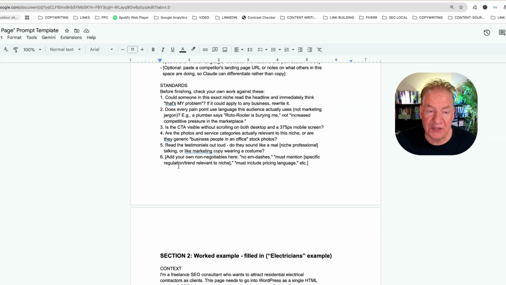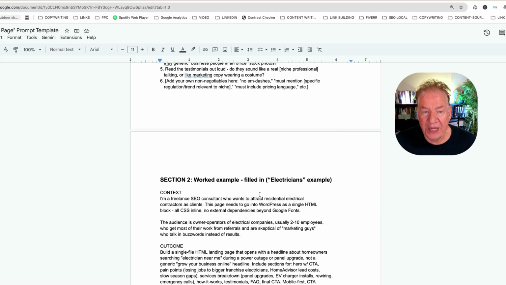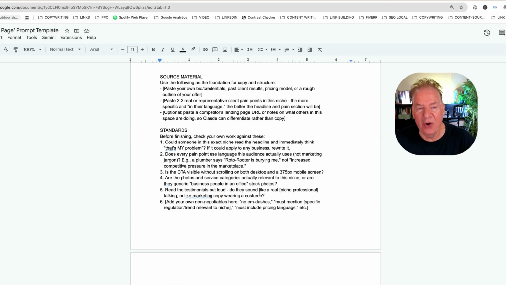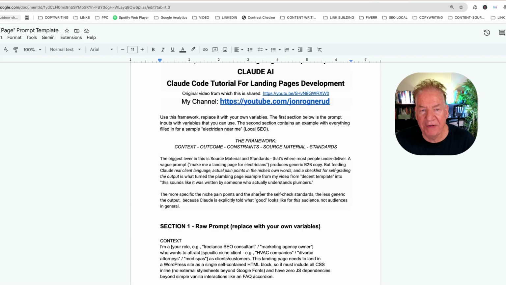Must mention specific regulation, trend relevant to the niche, must include pricing language, etc. That's an optional one. Some will include pricing language, others will not. Depends on the industry here. Okay, so that basically calls out the framework that we looked at the top, the context, outcome, constraints, source material,